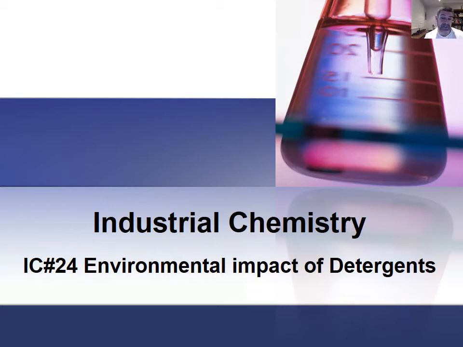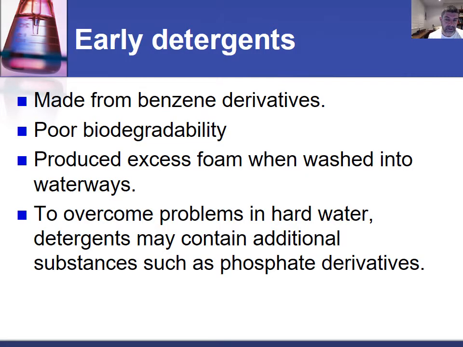This is number 24 and the last one in the little discussion on detergents, looking at the environmental impact of detergents. We spent a couple of videos looking at detergents because there are a few different things that are important when we study them, mainly their structure and their effectiveness, and why they're effective at forming emulsions of oil in water to help us clean our hair, our clothes, our bodies, and so on. So this last video is a focus on the environmental impacts of the use of detergents.